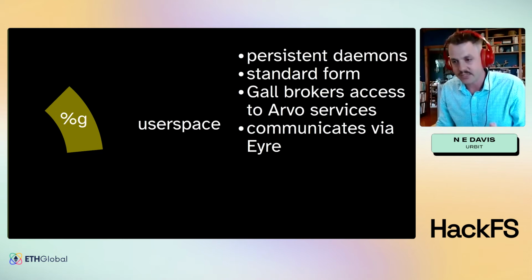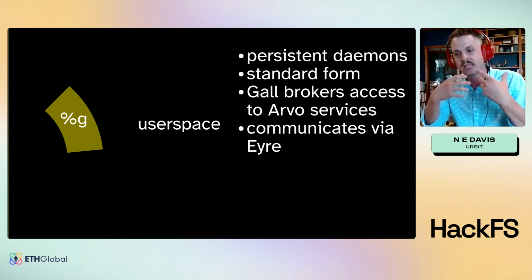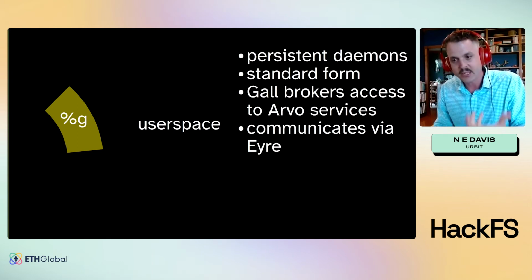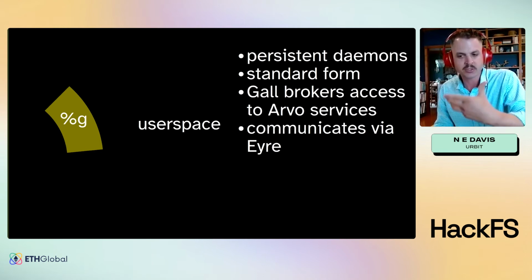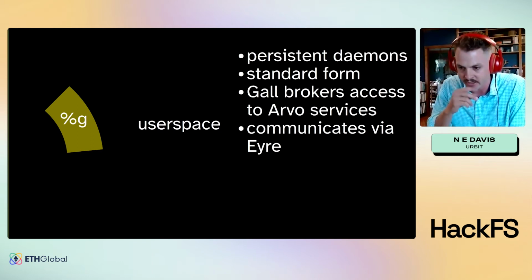As I said, these all have a standard form. I find that this makes it relatively quick to spin up new instances when I need to write something new, because I know exactly basically the handshake that it needs to make with the system to work with everything. The vein itself, Gall, will broker your access to all of the other Arvo services. It's kind of a message passing interface. They pass discrete messages called cards to each other, and this is how they communicate. These are the events that are handled by the event handler and event log in the middle.